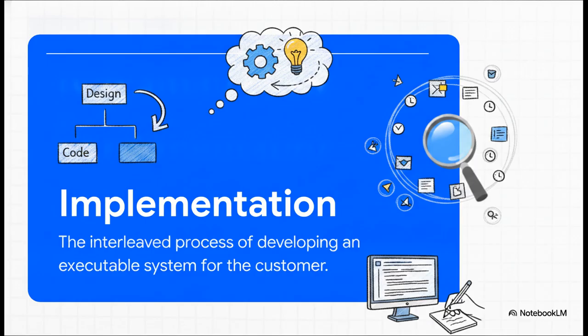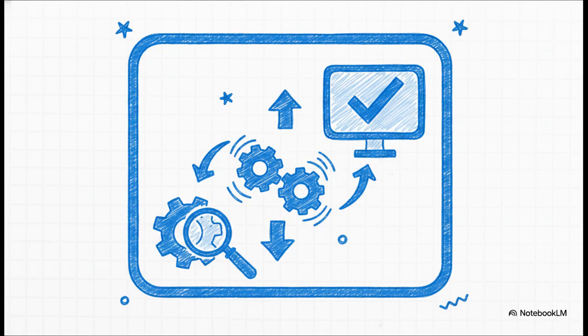Sometimes designs are formal models. Other times, they're just sketched out on whiteboards or in notebooks. But the goal is always turning that specification into a working, executable system. Once we have working code, we enter the validation phase. We have to prove the software actually meets the customer's requirements, and we do this through rigorous testing, which usually